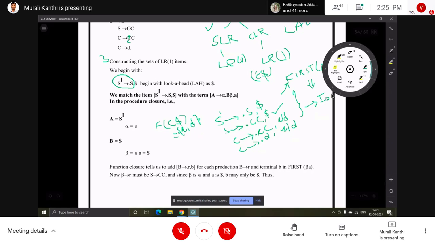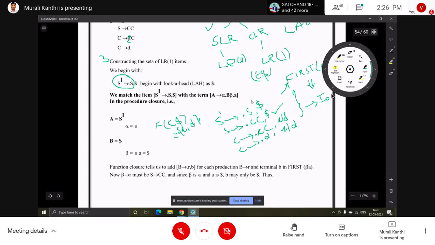In SLR we do the same thing, but we don't add lookahead symbols. S' implies dot S, S implies dot CC, C implies dot small c capital C, C implies dot d. Only these productions will be there in the SLR I0 item set.